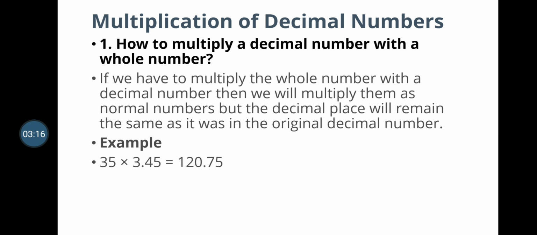So let's see the example. 35 into 3.45. How to say the decimal number: the whole number we call it a normal number, 3. 3 point, we should not say forty-five, it is four five, 3.45. If you multiply 35 and 3.45, instead of keeping the decimal point first, you should first do the normal multiplication of two numbers. So you will get